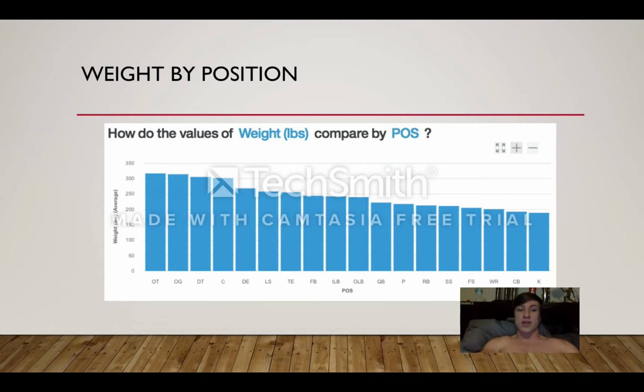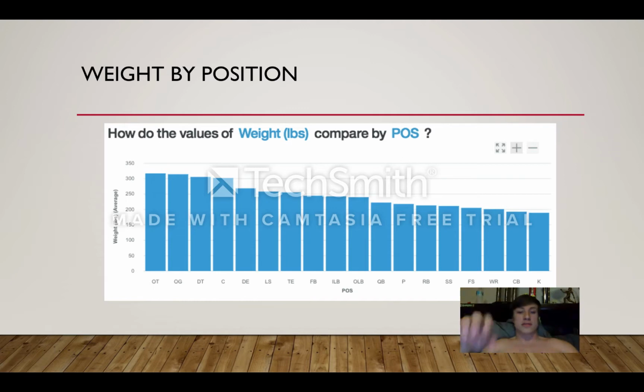Their weight is, I'd say, around 320, and you notice how we get all the way down the x-axis to a kicker position, and how they weigh maybe 180 pounds if I had to take a guess. And you notice that the big lineman guys are a lot heavier,